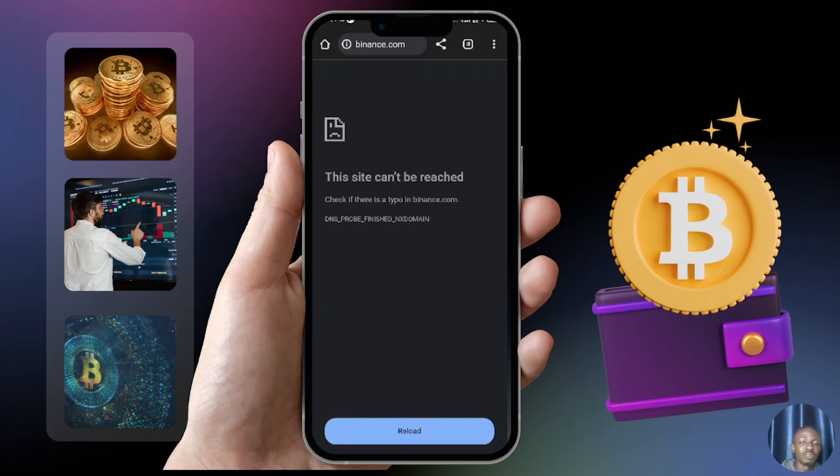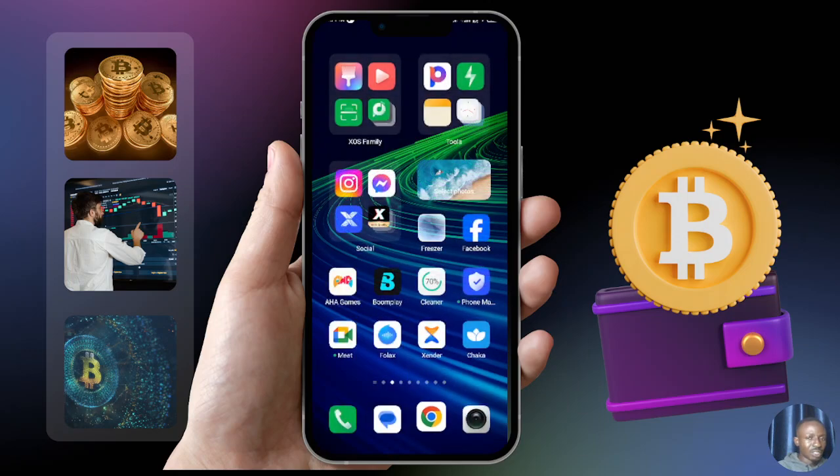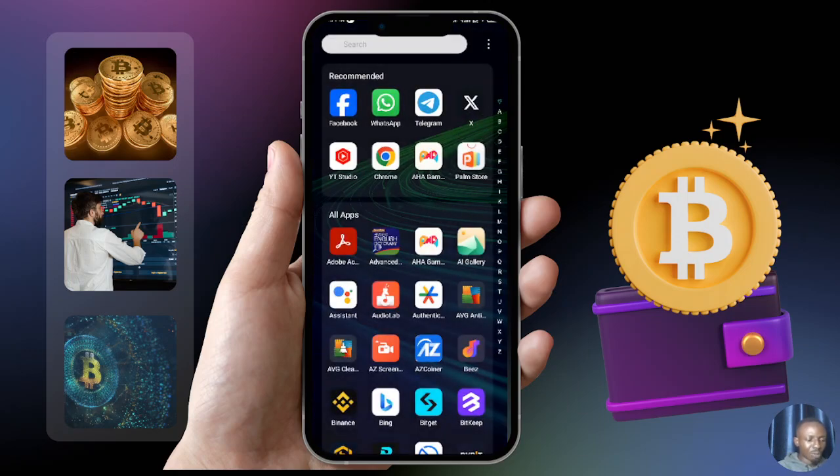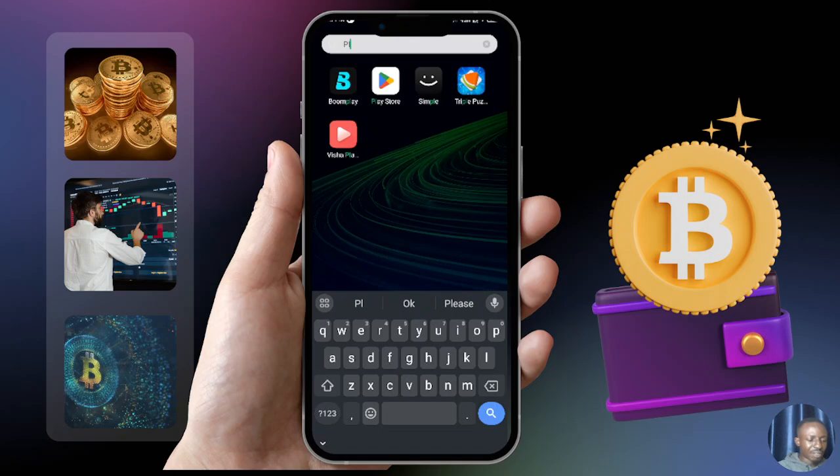IP on most of these crypto platforms. So I may need to use a VPN to be able to access this. But then it's not really advisable to use VPN in some platforms, right? But this is still working with Play Store. So all I need to do is I'll just go to Play Store since they have an app on Play